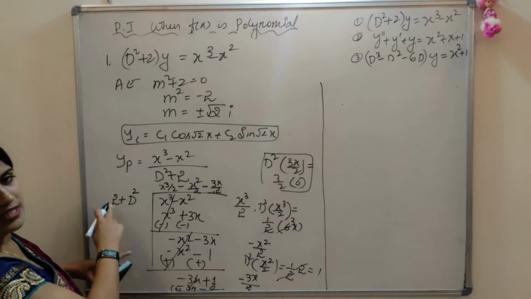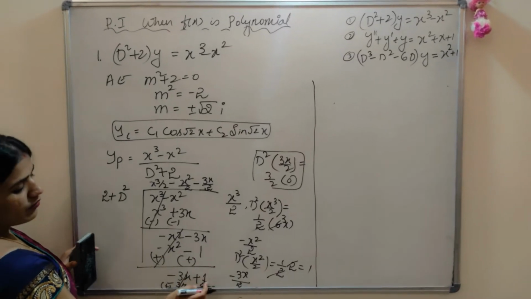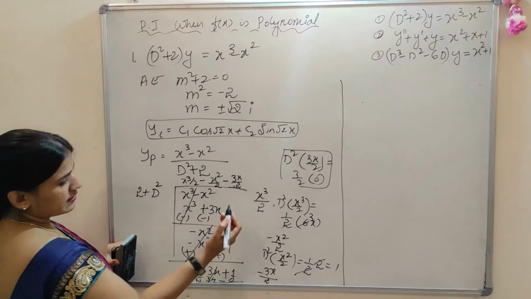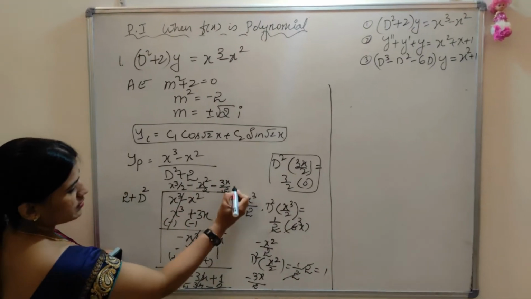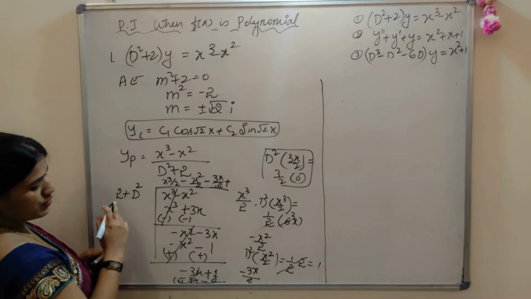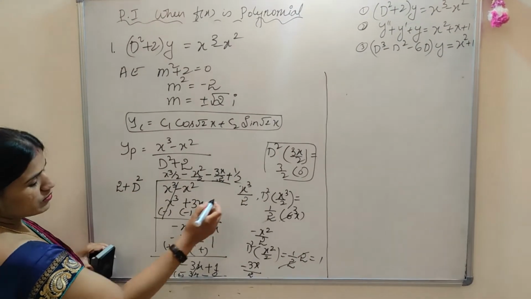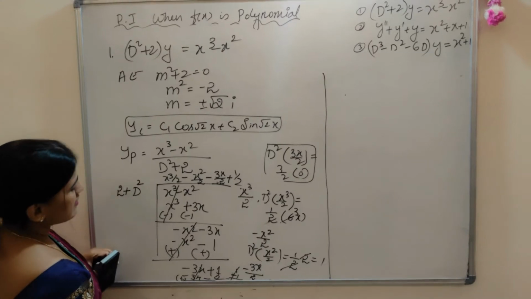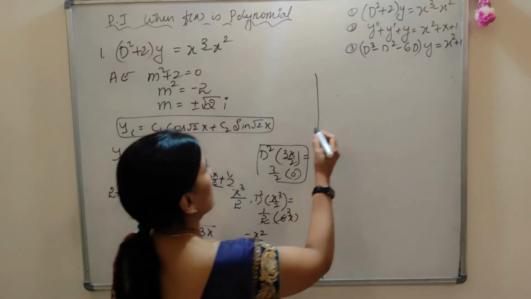After that it's very simple. 1 divided by 2, directly you can take here. So 1 is the remainder. Here 2 is there in the divisor, so directly the constant is there. So positive sign, plus into 1 by 2. So now in the next step, 1 minus 1 get cancelled, 0. This is our particular integral.